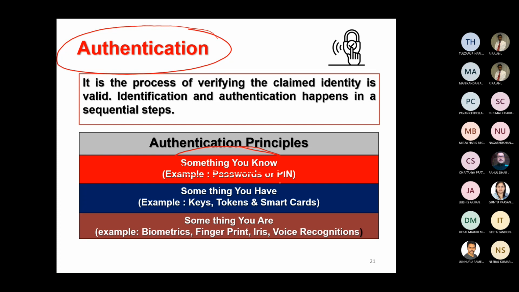The second principle is called something you have. Something you have could be software tokens that the organization can provide you. The organization could also provide you smart cards, which can have a printed table at the back, and the system can actually invoke you to feed any three numbers or alphabets at random. You can also have a key, which is an encryption key. So that's the second principle for authentication. The third principle is something you are, which is your biometric, your fingerprint, your iris, your voice recognition.